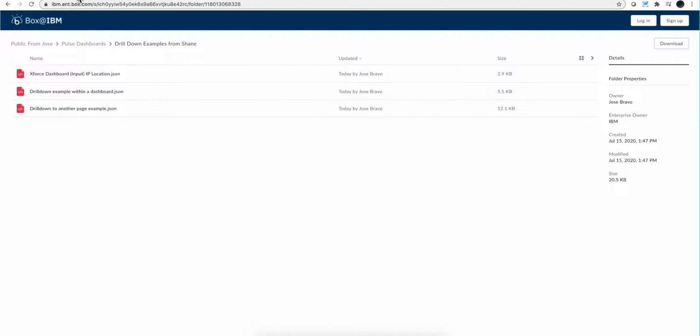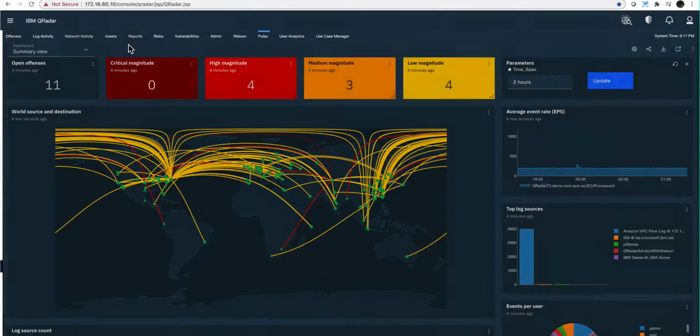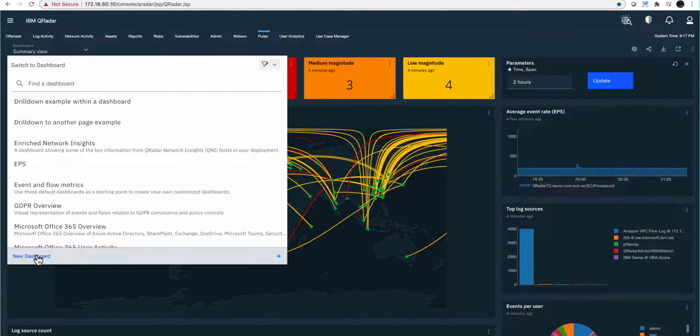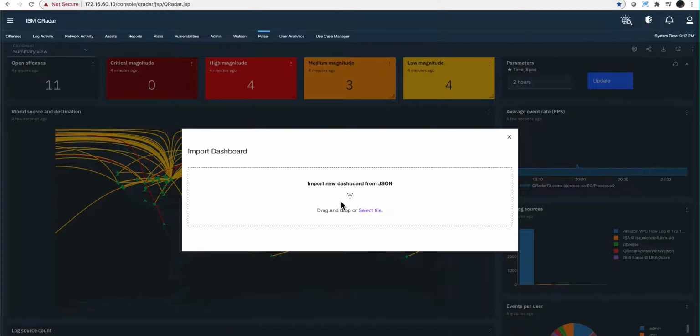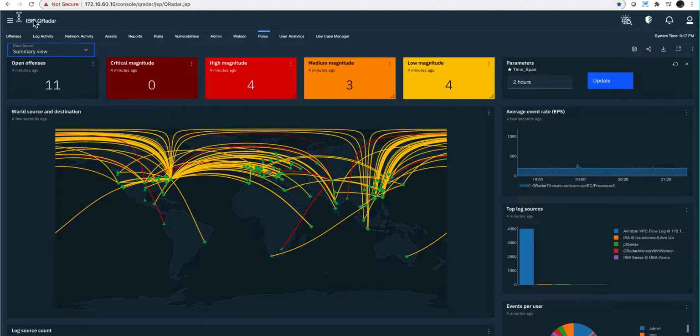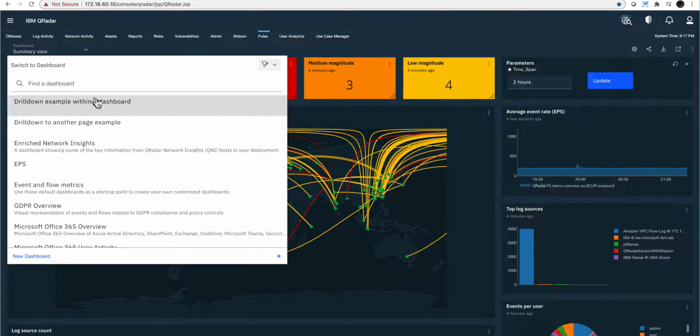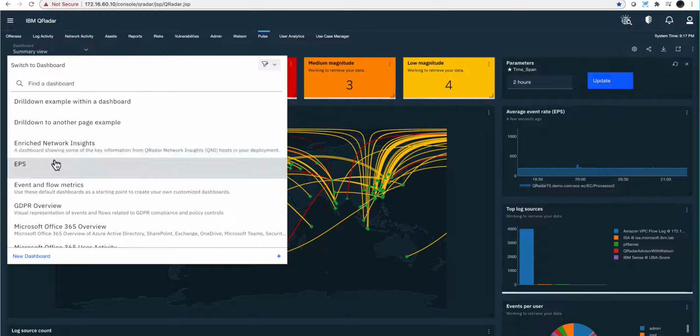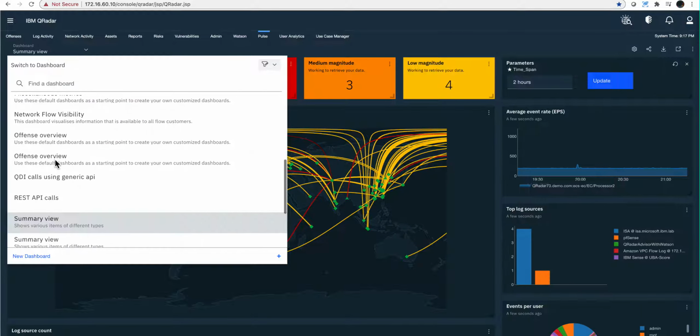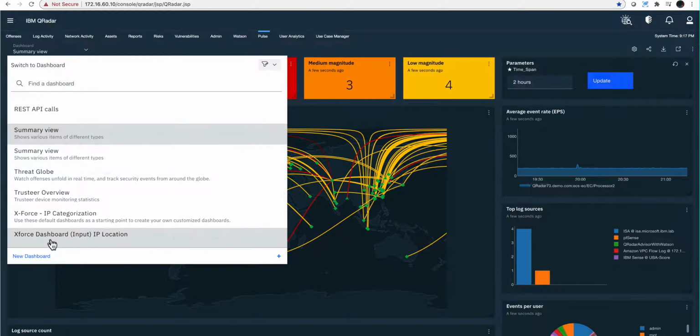If you forgot how to install them, all you need to do is go from Pulse, go under new dashboard, and select here import existing, point to those files, add them, and from that point on you will find it in this drop down, which I did. This drill down example with dashboard, drill down another example, and the other one, which is the X-Force one, that should be right there. Now